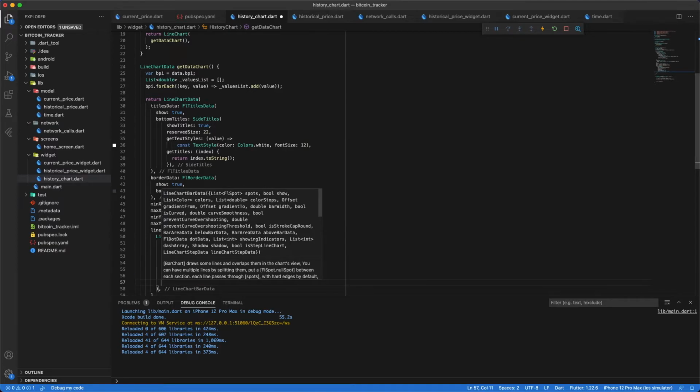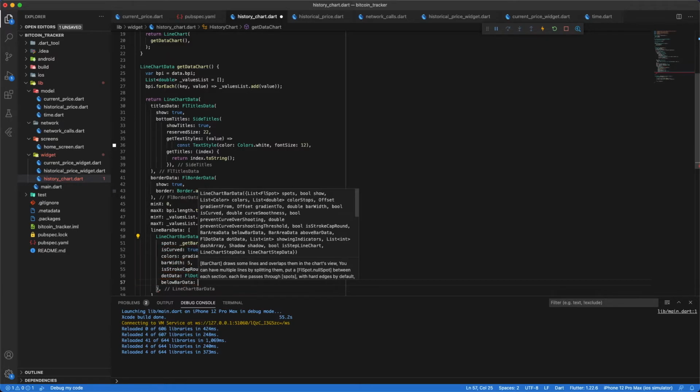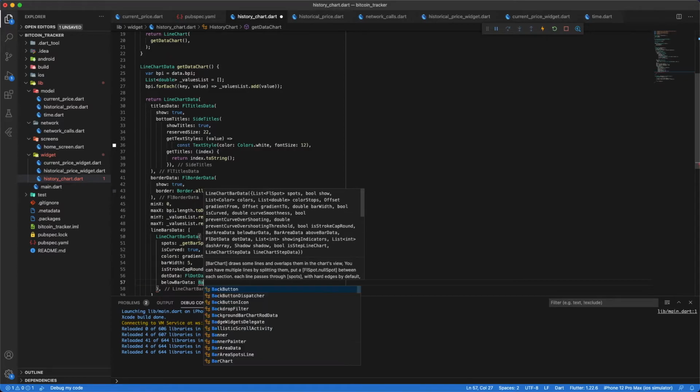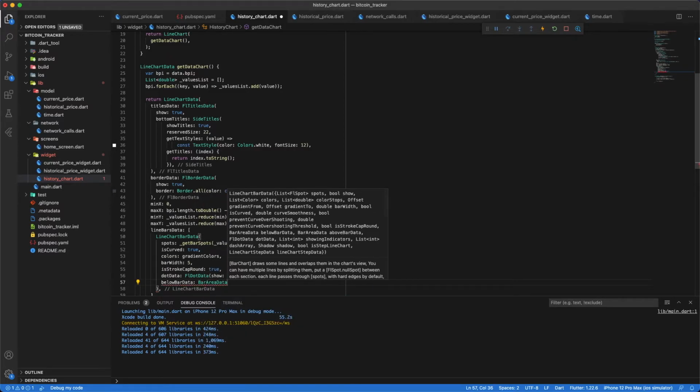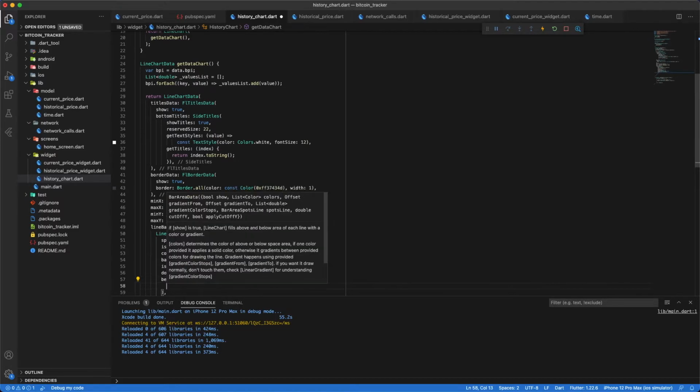You can play with these parameters and see what appears in the application. And below, bar area data as bar area data, show as true as well,